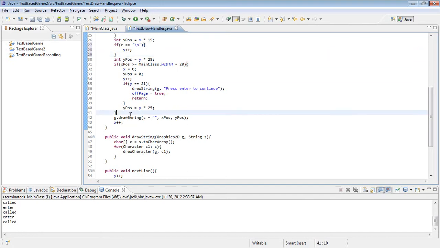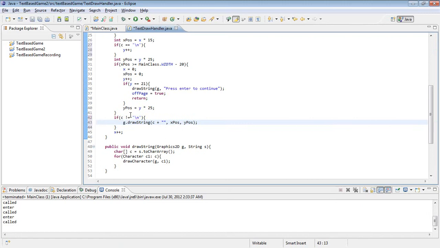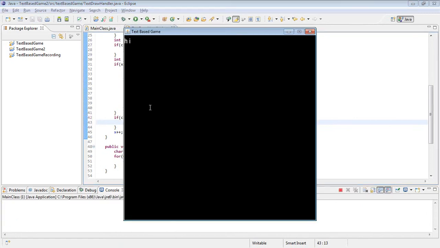And then before this, if c is not equal to the new line, and that way it won't be drawing empty spaces on us. So now what we can try to do is hi,